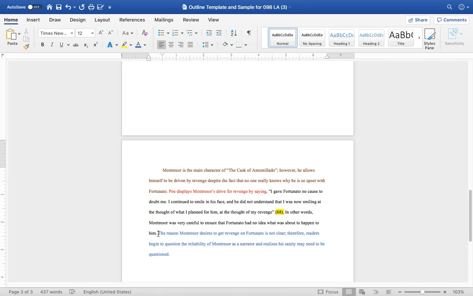Okay, so he's telling us that he continued to smile. He continued to make Fortunato feel okay with being with him, no matter the fact that he had ill things or negative things that he had planned for him. Now, you have one sentence included on your outline for your blue section. So you're going to further develop that, okay? So right here, I'm going to say, therefore,